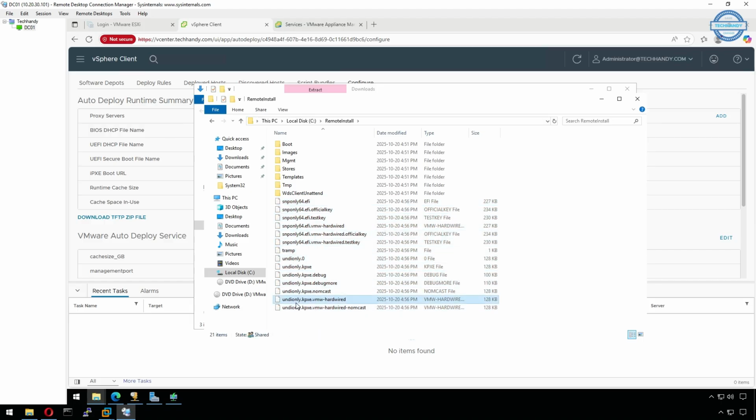If you notice, here are those two BIOS and UEFI boot files that we discussed earlier, and entered under our